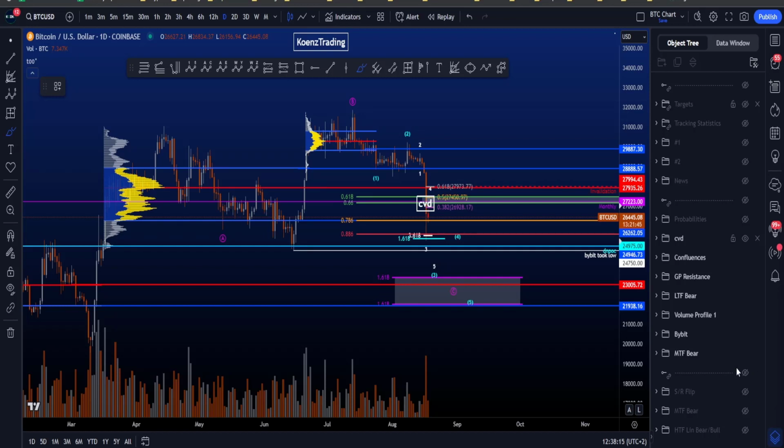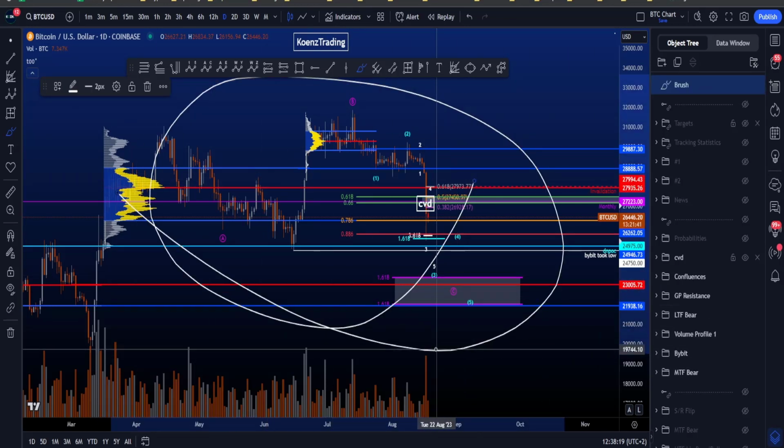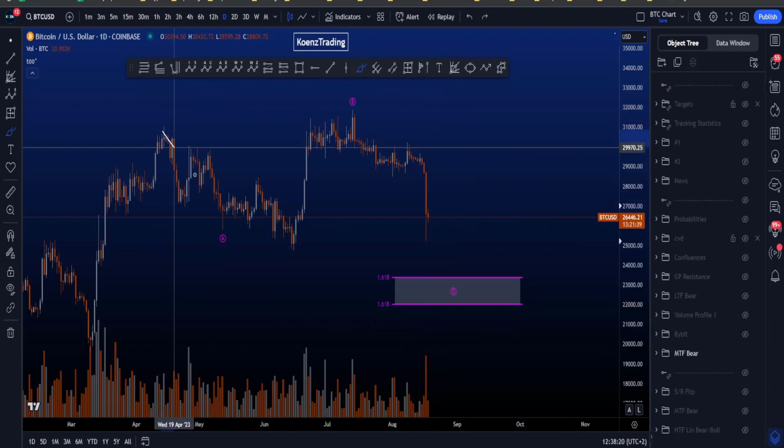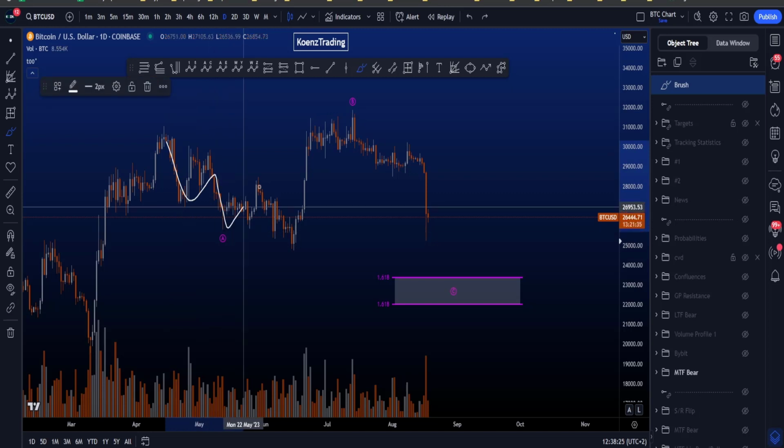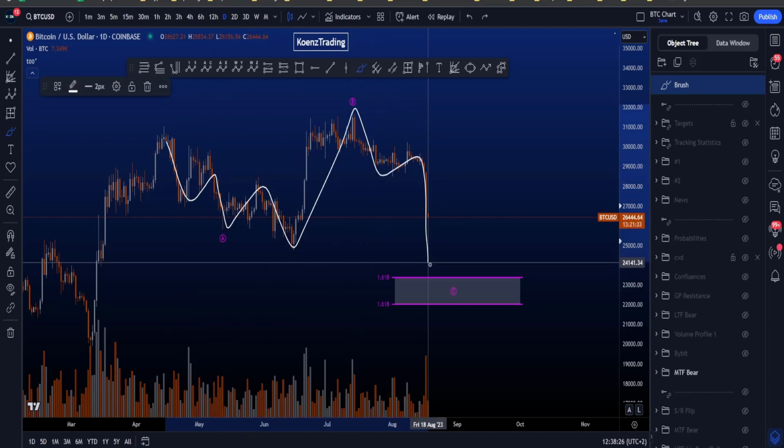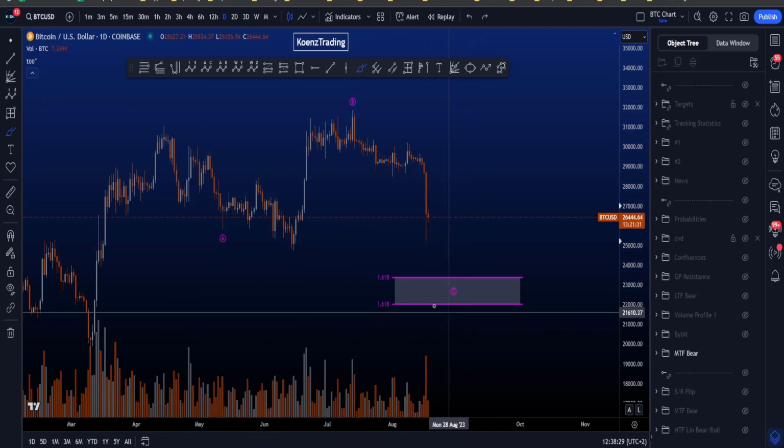Hi everyone, let's go over my medium time frame and low time frame bearish Elliott Wave scenarios on Bitcoin. Starting with the medium time frame bearish scenario, where we are looking for an expanding flat to the downside in a 3-wave A, a 3-wave B, and then a 5-wave move to the downside in a wave C, which then